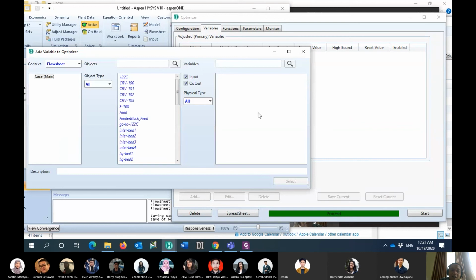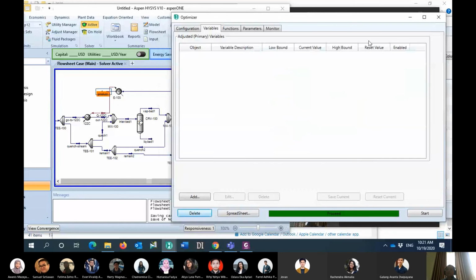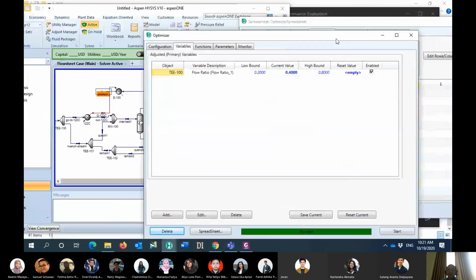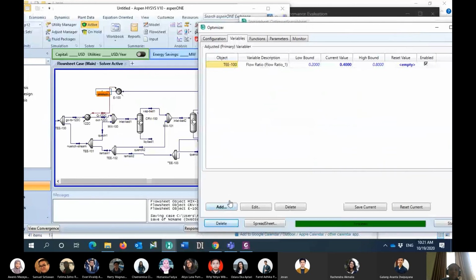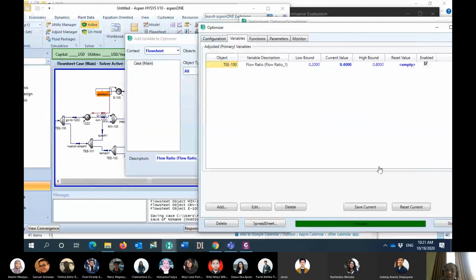So for example, in this case, first I define the T100 is not correct, so I will go to the T100, and then I will go to the flow, select this one. And then I will do also for the next T, which is T101, and then I select.